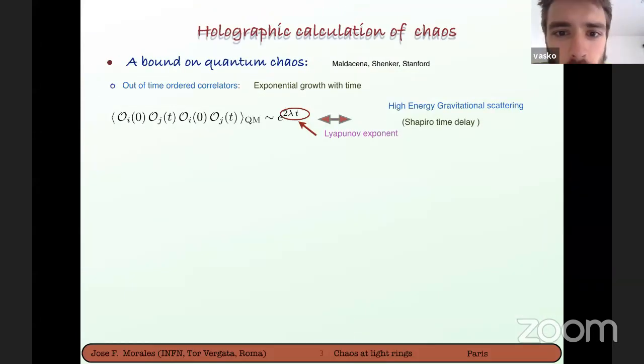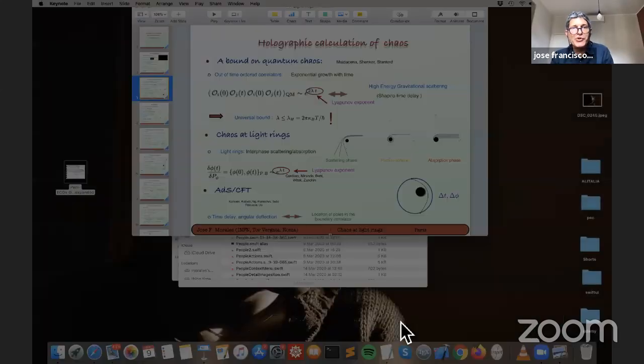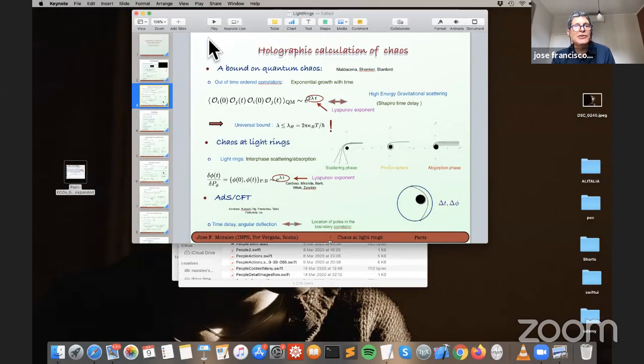Jose, a quick question. Are you going to try to distinguish between a black hole and a horizonless geometry purely by the main signal? Exactly. Let me remind you that you see that.